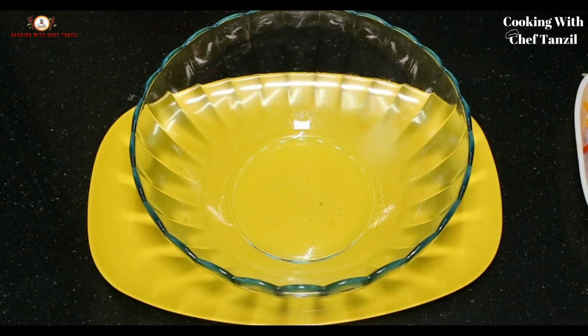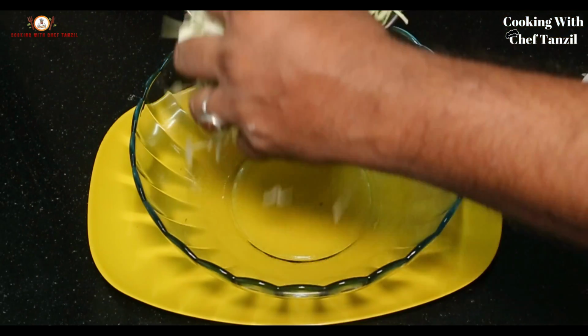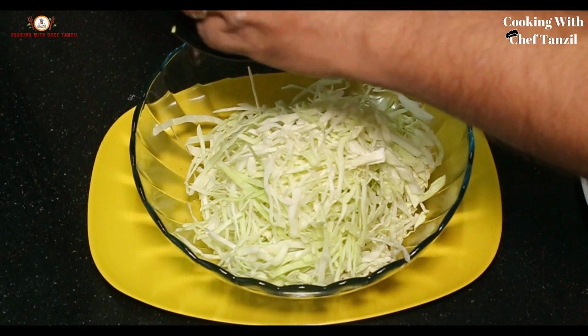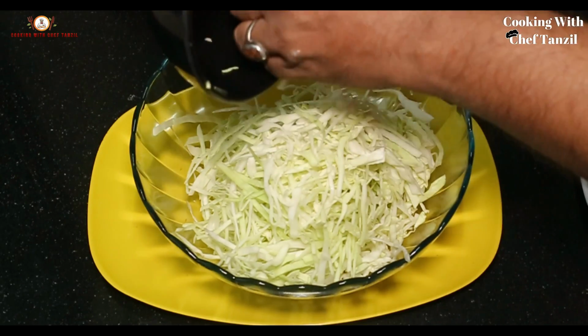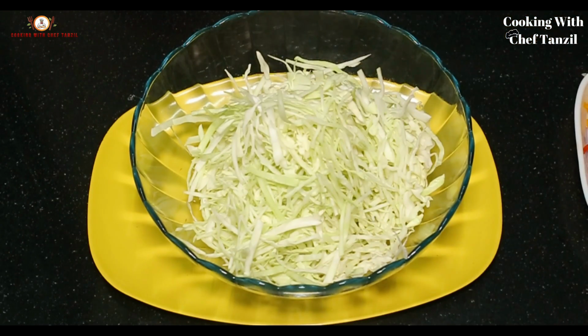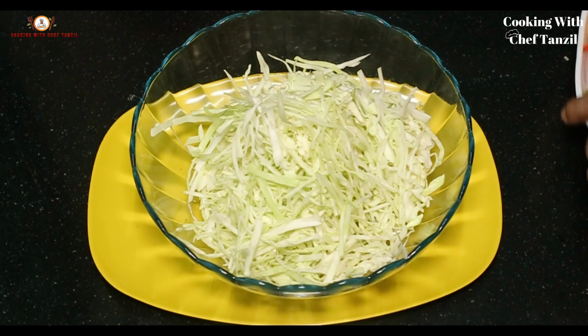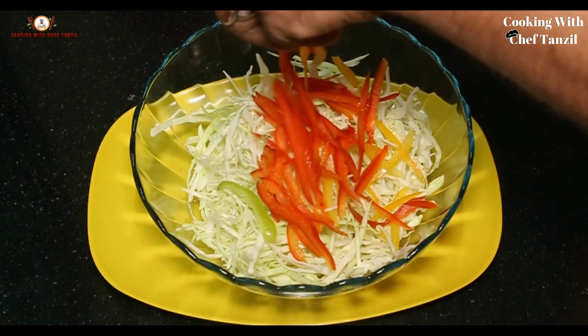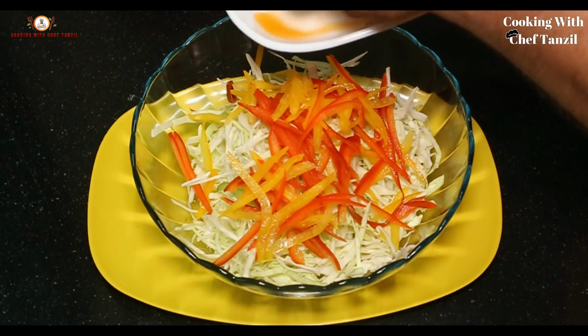In a bowl, add shredded cabbage. Authentically, coleslaw is only cabbage, carrot and mayo and salt, pepper rest. But I'll pep it up with enhancing some more vegetables like bell peppers. Now you can add bell peppers,